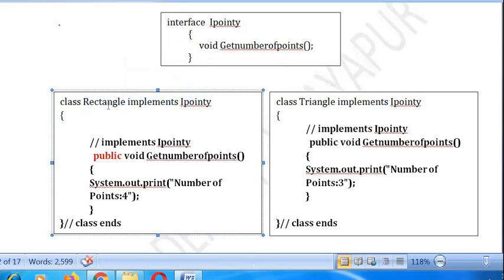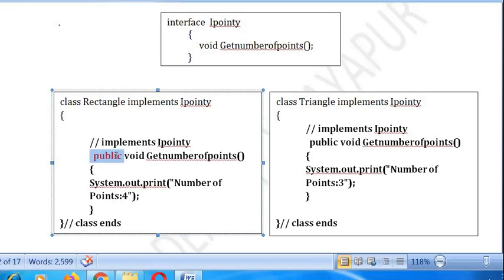So the class Rectangle must implement that interface member, getNumberOfPoints. In the IY interface, there is no function body, but Rectangle must implement getNumberOfPoints inside this class. That is, here we have written a complete function body for getNumberOfPoints. It will display that the number of points is equal to 4, because a rectangle has 4 points.